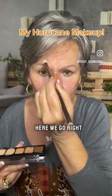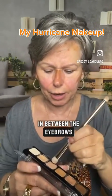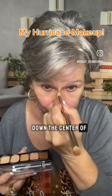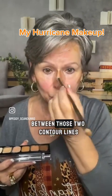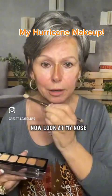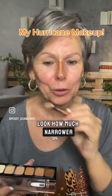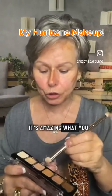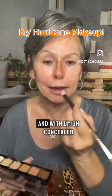Here we go, right in between the eyebrows. We're going to come right down the center of the nose between those two contour lines. Now, look at my nose. Look how much narrower it looks than it actually is. It's amazing what you can do with contour and with